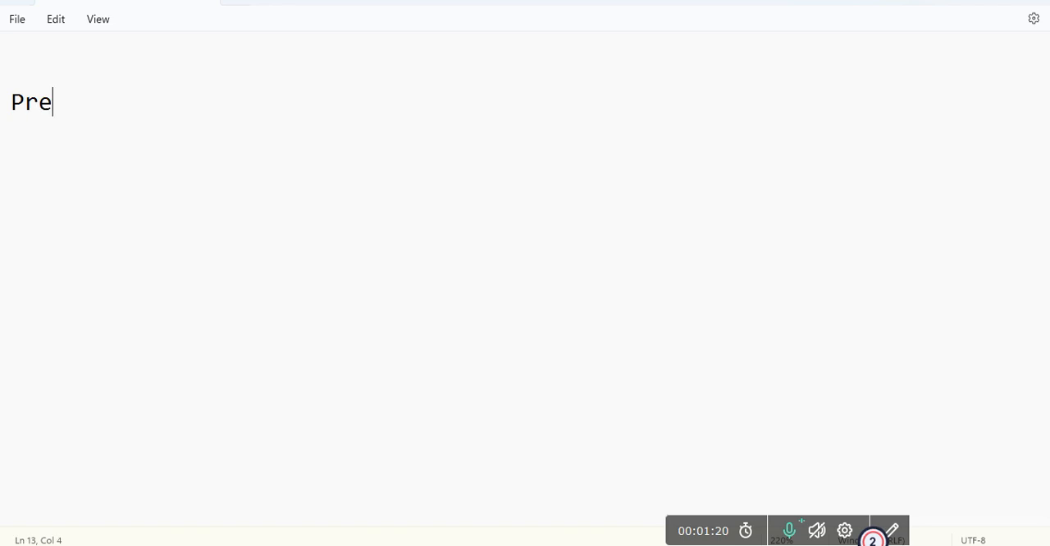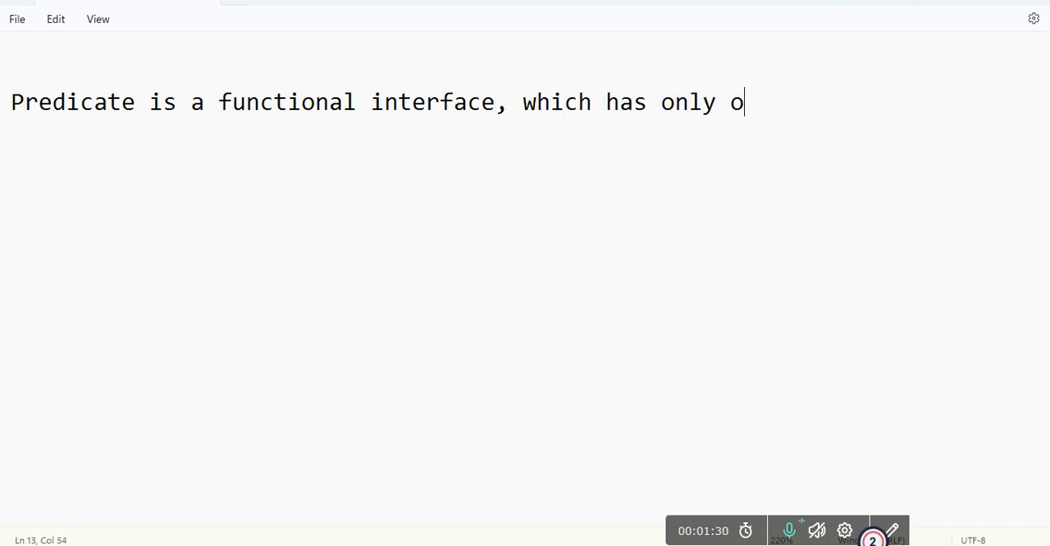As I said, Predicate is a functional interface which has only one method called test. There is only one method in the Predicate functional interface. As we know, a functional interface will contain only one abstract method, which in this case is the test method. So the signature of the Predicate will be like this: